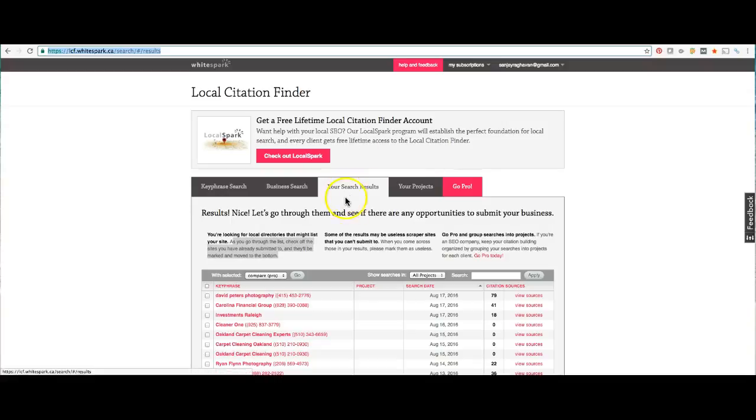The next thing I did was look for citations, and citations are essentially either local directories or industry directories that have your name, address, and telephone number listed. Some of them will also list your website and some of them will not. But basically, these are listings of your information on other websites. And David Peters has got 79 citations. Now, I haven't looked at the others, but